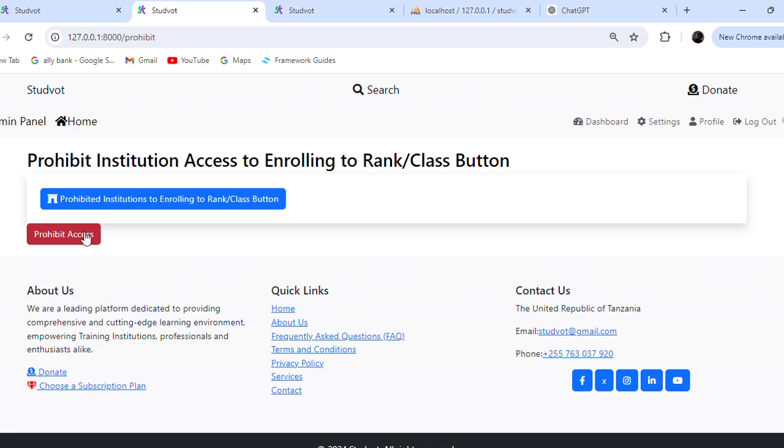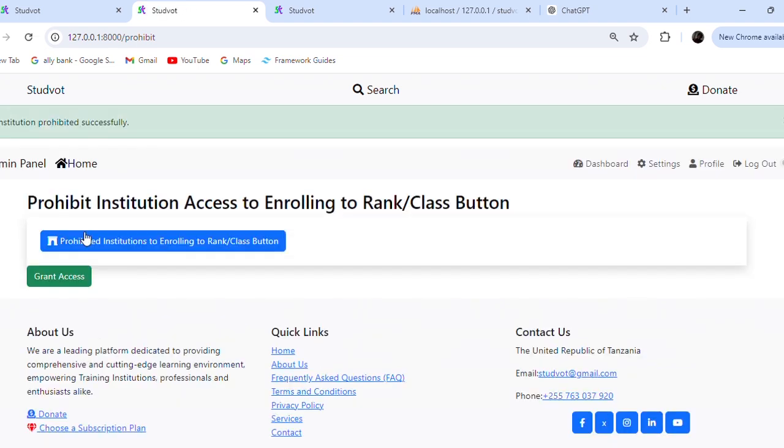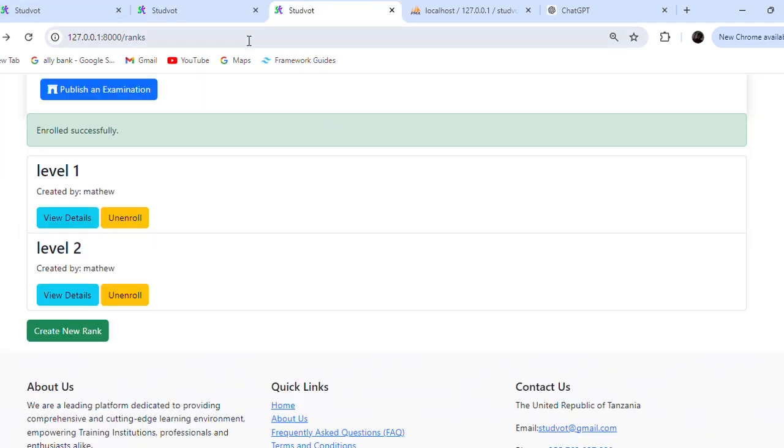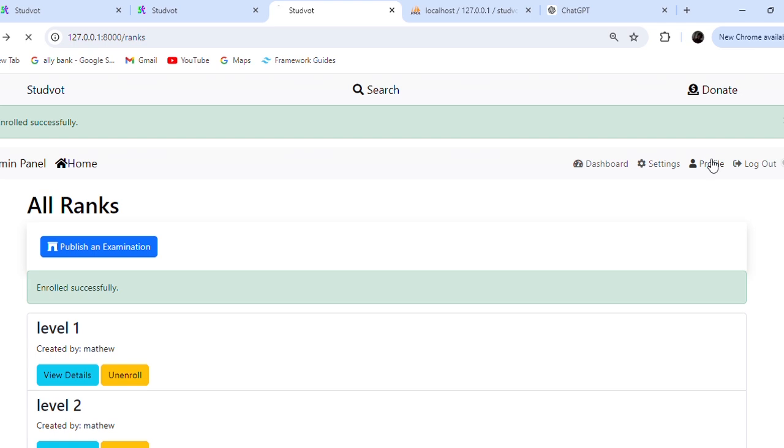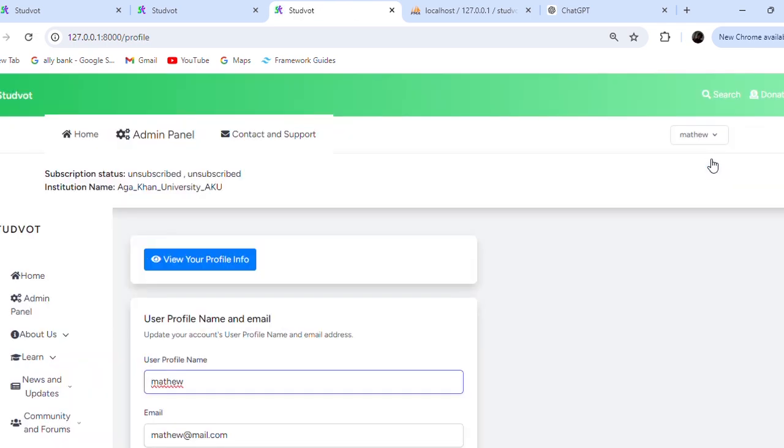You close the door by clicking the button. By now you have prohibited enrolling to the rank successfully. So it means that for any user who goes to the profile page,